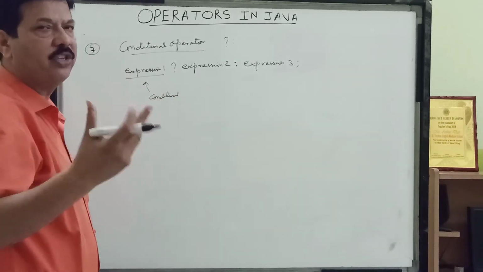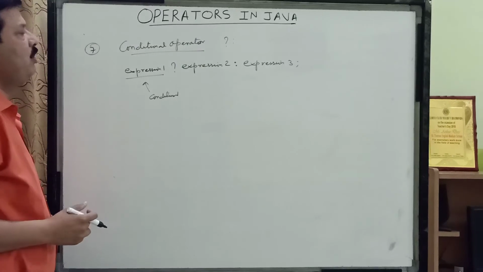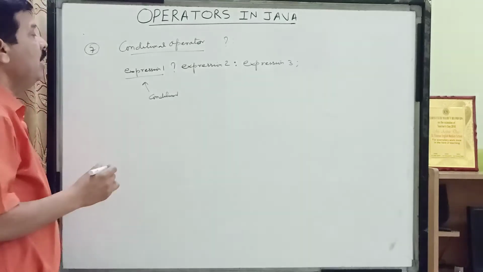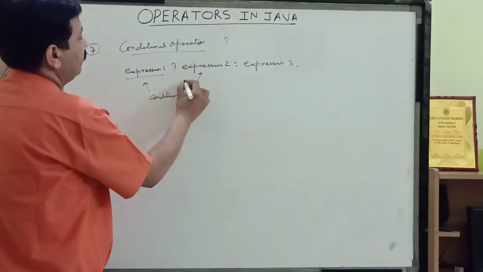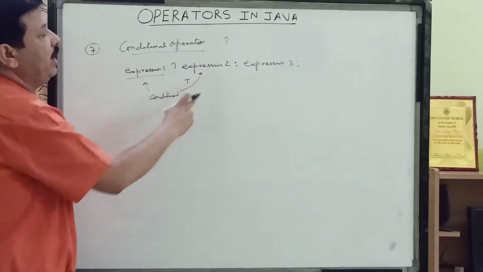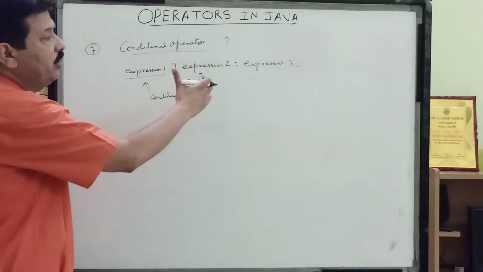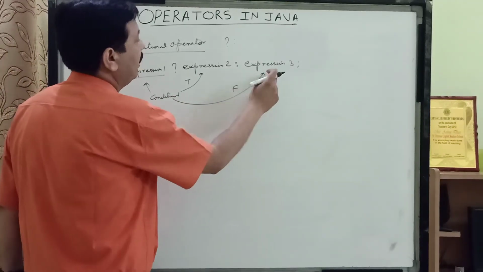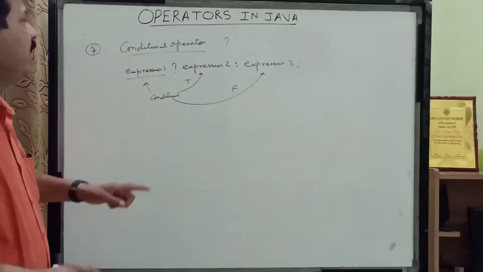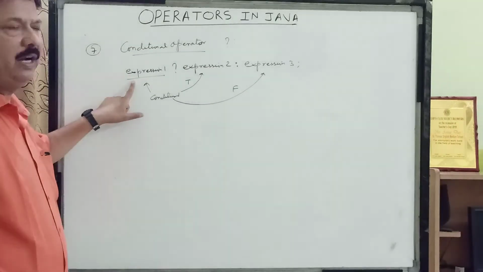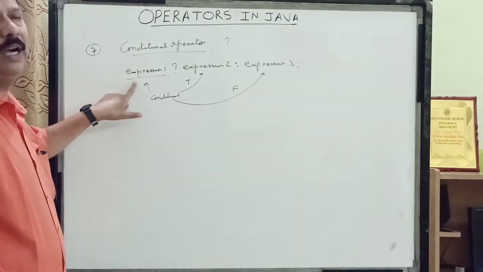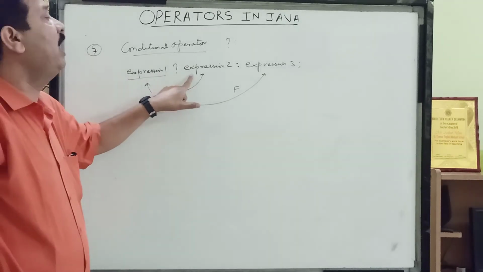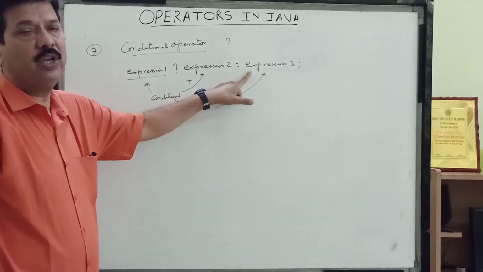Conditional expression means where you are checking some condition, and children, whenever you check one condition, you always get 2 answers and they are true and false. Now children, if the condition is true, then expression 2 which I have written here will get executed, and expression 3 will not get executed. And if this condition is false, then expression 3 is getting executed. That means this is a conditional statement, and if this conditional expression is true, then this expression gets evaluated. Otherwise, if it is false, then expression 3 gets evaluated.